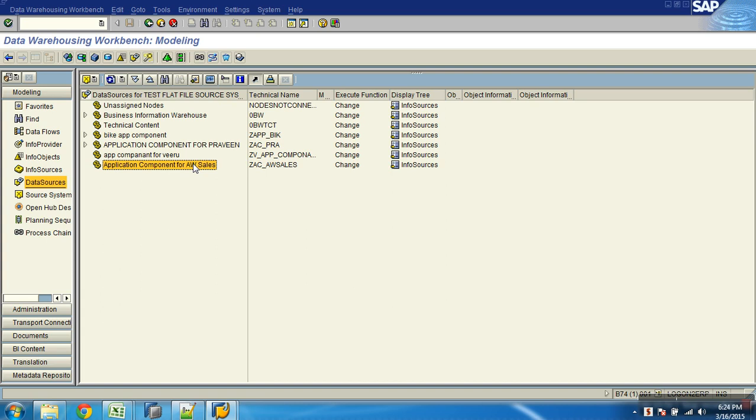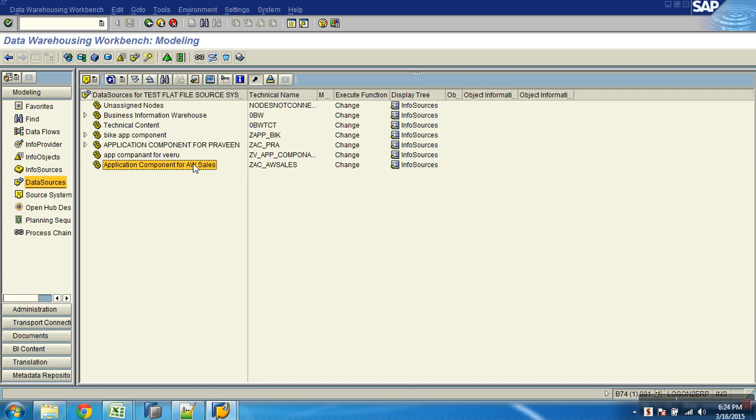Simple. Suppose I am extracting some data, so I am creating some data source. What are you defining this data source to target? If it is an attribute table, then I would create an attribute data source. If you are targeting a text table, I would create a text data source. If you are targeting hierarchy tables, then I would create a hierarchy data source. If you are targeting a queue, then a transaction data source.